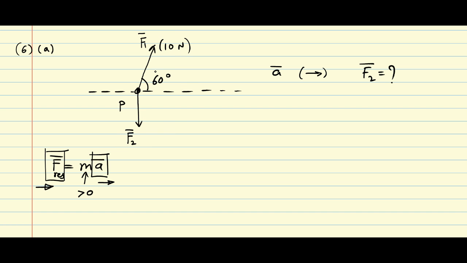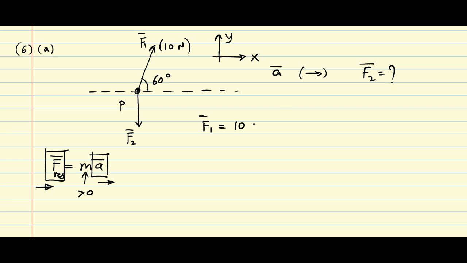Now if you look at F1 bar, you can resolve it into a rightward and an upward component. To make things clear, I'll draw an x-axis and a y-axis in the conventional way. So the x-axis is rightward positive, the y-axis is upward positive,